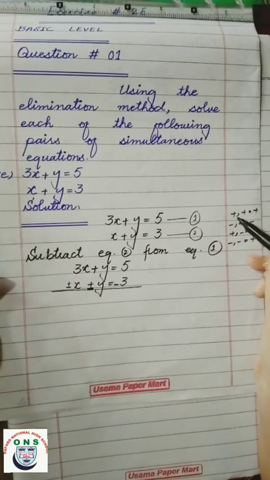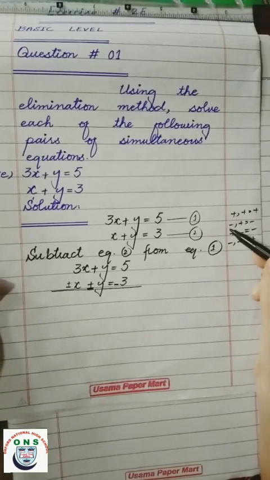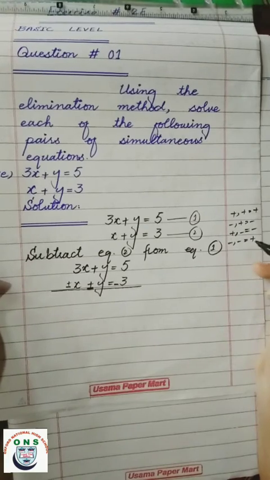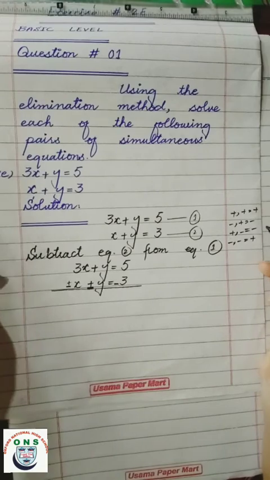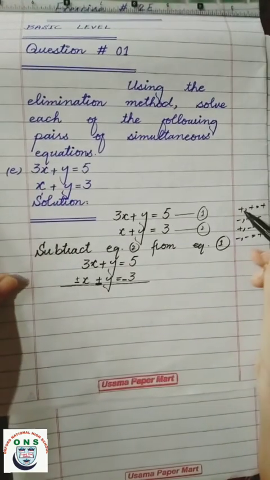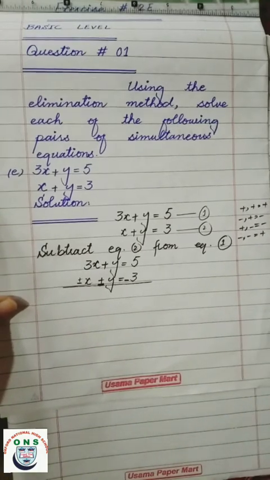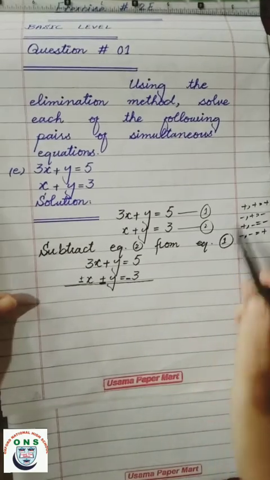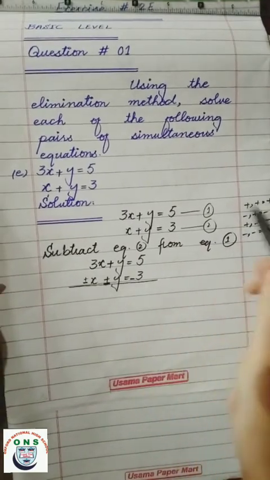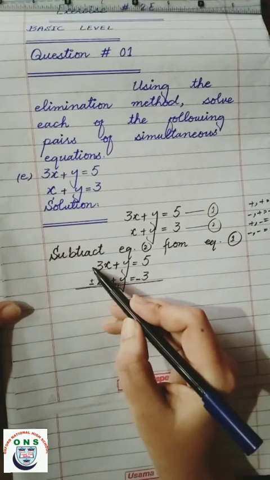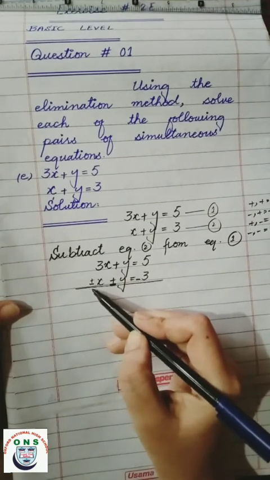So you have to learn these relations: plus plus plus, plus minus minus, minus minus plus. It means the result of same signs is positive and the result of opposite signs is negative. You have to learn it to solve these questions. Now by using this relation, we can solve these. Here is plus plus. We will consider now the negative sign.